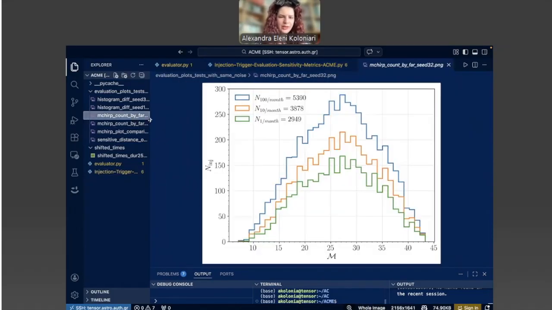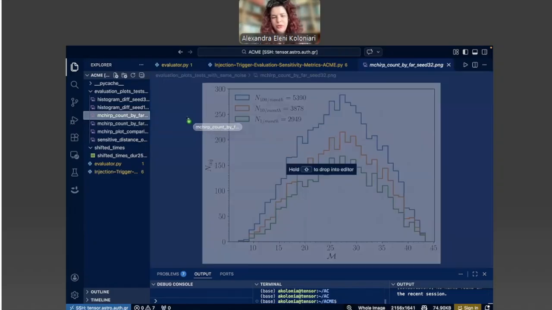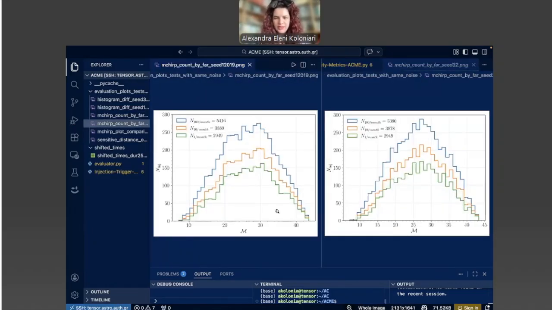And we end up with those plots for the two different seeds, the two different test sets. You can see that we obviously have fewer detections with false alarm equal to 1 per month, then more for 10 per month, and finally even more for 100 per month. You can also see that the distribution between the two sets isn't that different.